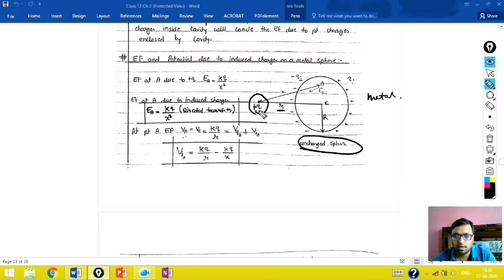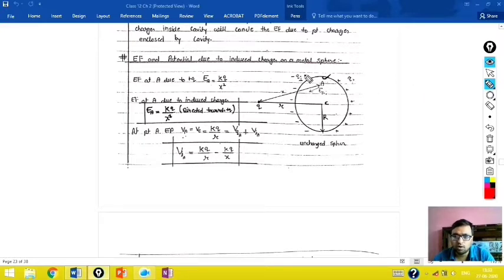If you place plus Q charge over here, then Q induced, as you can see mentioned here, will appear at this surface, and Q induced will again appear on the right-hand side of this surface, as I told you just now. So the question is, if we take a general point, suppose I have taken this general point A, then what will be the electric field at A, at this position?